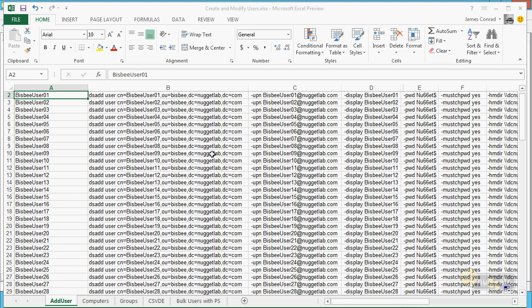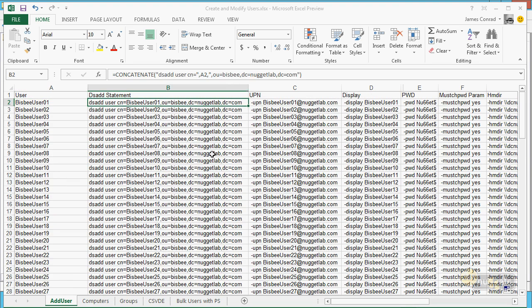Now I have all of that. However, it's still not good enough, because I still have to find a way to combine all of these into a single statement. Right now, they're all in their own individual cells. Well, again,